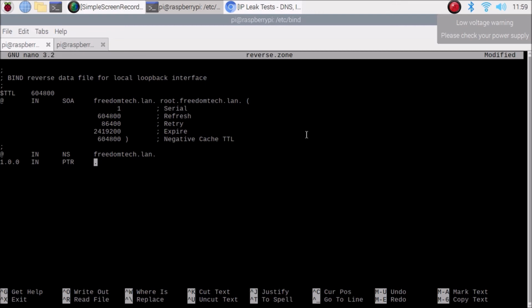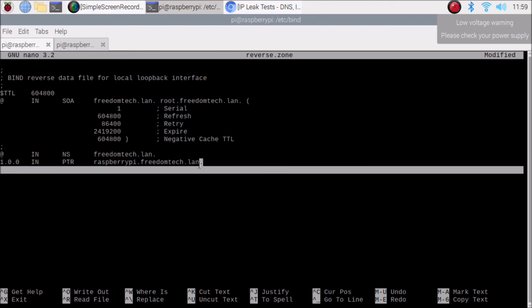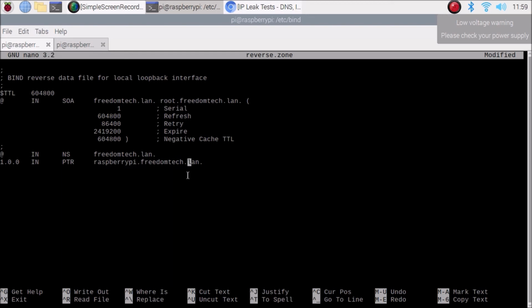So raspberrypi is our host name, raspberrypi.freedomtech.lan. This is our domain name. So now the PTR entry has raspberrypi as the host name and freedomtech.lan as our domain name. And in the end, here remove this and just mention the last digit of our Raspberry Pi 4 IP address.